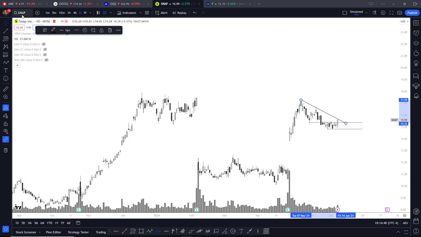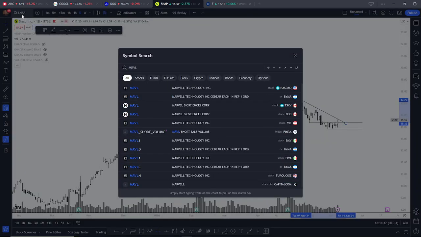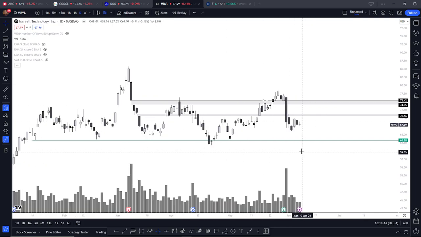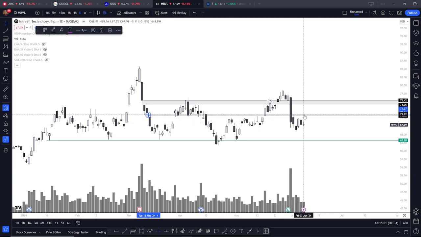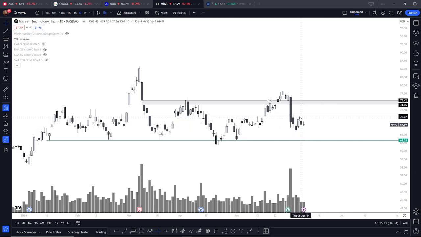Now we're going to go over to Marvell. Marvell, AMD, INTC. I would like a little bit of a relief on this move. Now, I don't know how this is going to behave with the compression in AMD. The compression in AMD is pretty crazy to me. But whenever we're looking at this and we're breaking down this chart,